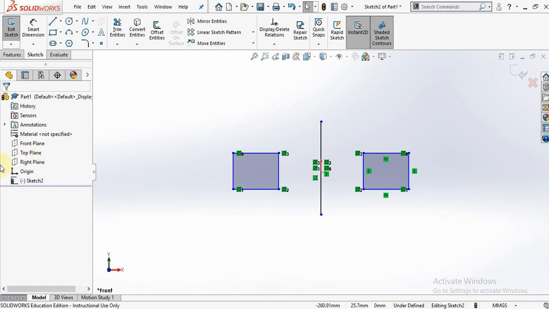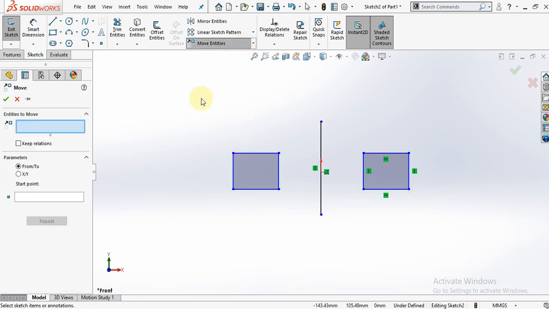This is not possible because there is already a constraint between these two. That's why it is not allowing it to move over here. If I delete the constraint, so how can I delete? This I select and I delete it. This I select and I delete it. Select, delete. Now if I try to move it again,